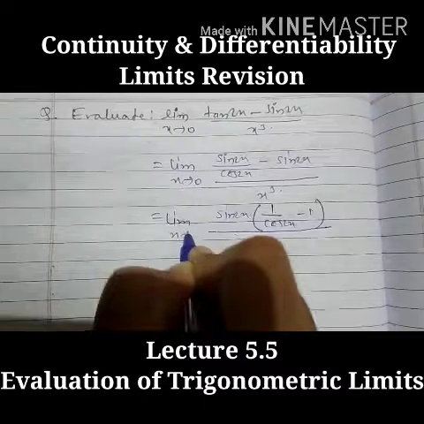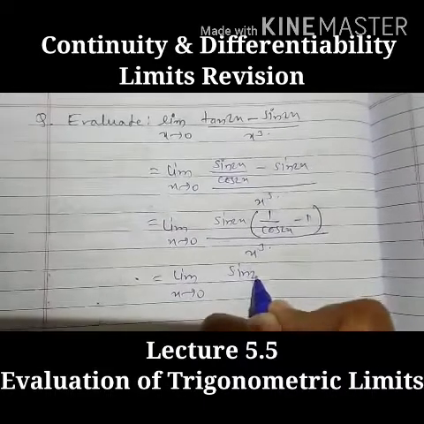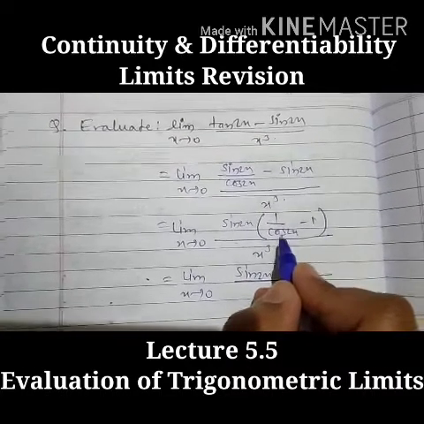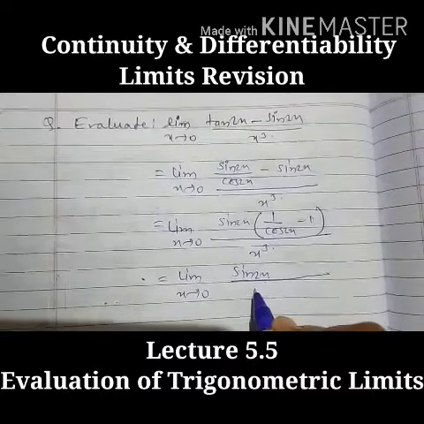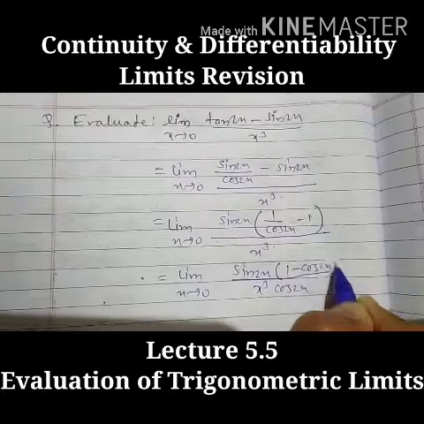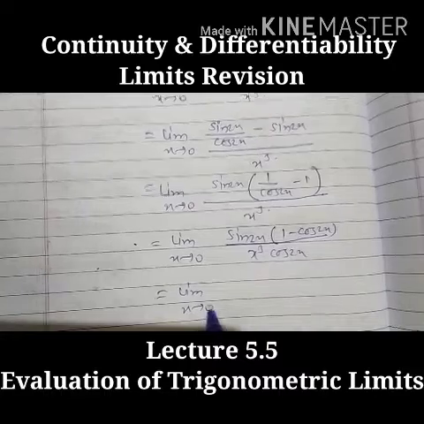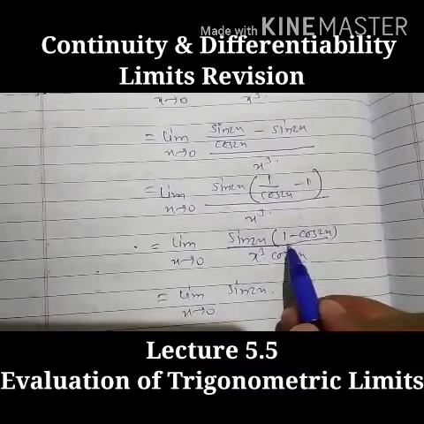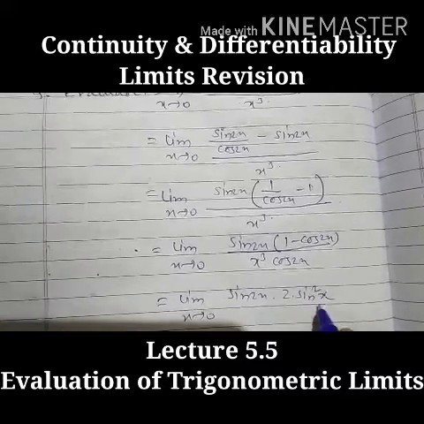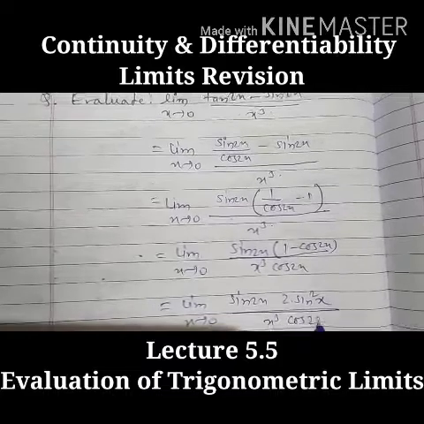Here we'll write the limit, don't forget to write the limit. So limit as x tends to 0, sine 2x upon cos 2x, since in the LCM it will be cos 2x. So x cube into cos 2x, and here 1 minus cos 2x. Any doubt here? Now limit as x tends to 0, sine 2x. Now 1 minus cos 2 theta is 2 sine square theta, so the half angle is x, upon x cube into cos 2x.